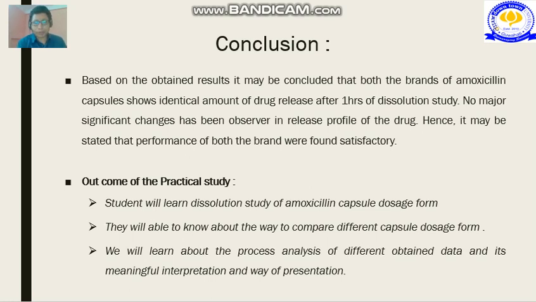And finally, they will learn how to interpret the data, analyze the data, and show a meaningful representation to fulfill the need of the practical. So these are the things the practical outcome can give to the students.